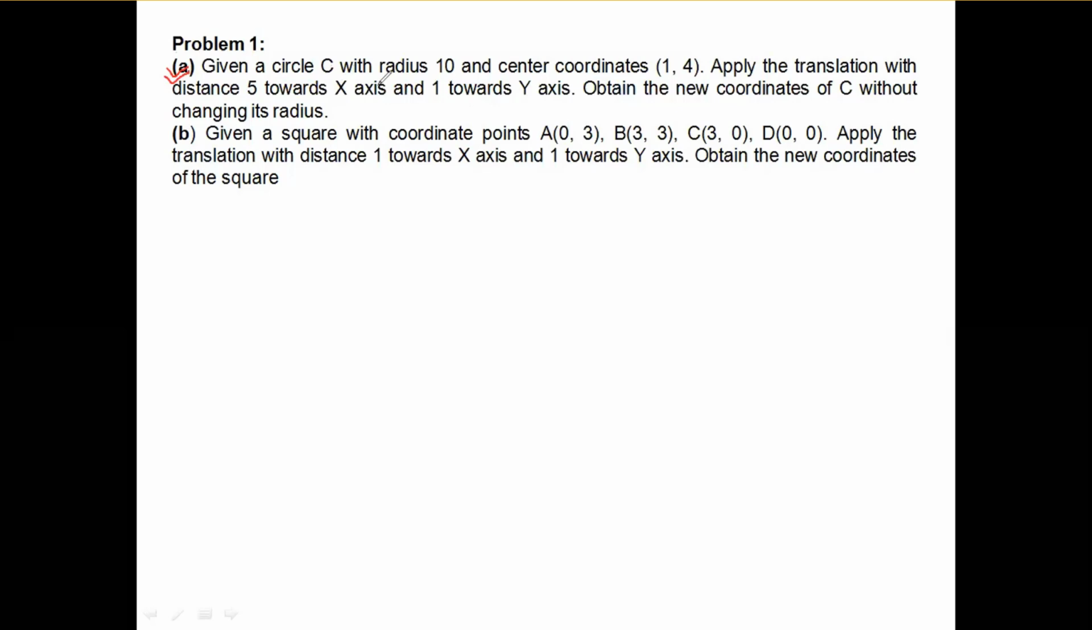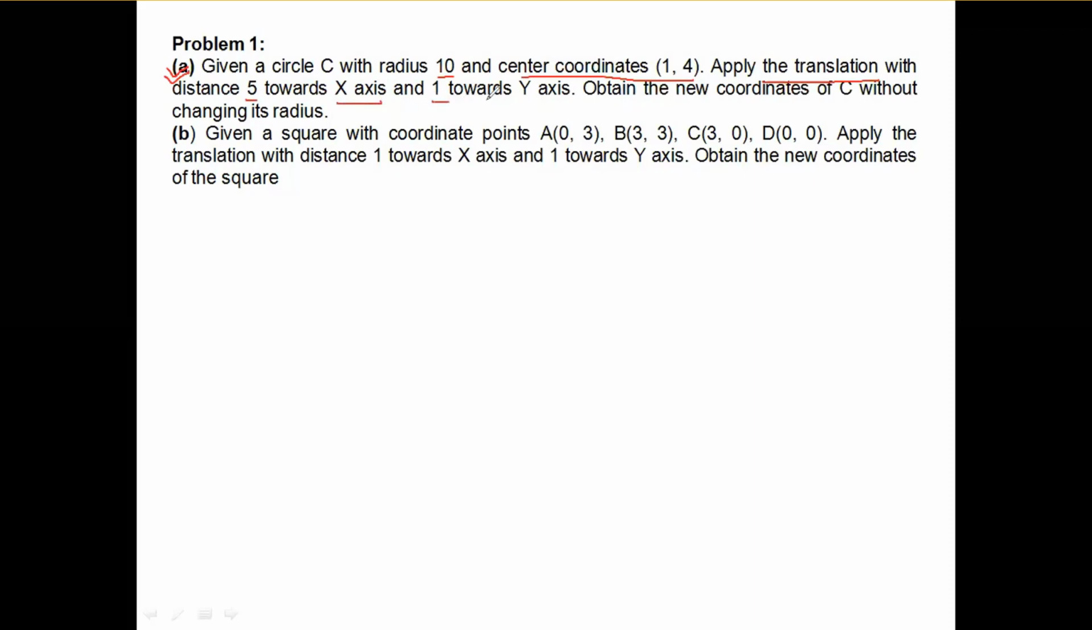Given a circle C with radius 10 and the center coordinates are given as 1, 4. On this circle, we have to apply the transformation, that is the translation, with the distance of 5 units towards the x-axis and 1 unit towards the y-axis. So this means simply, if I take up the A problem,